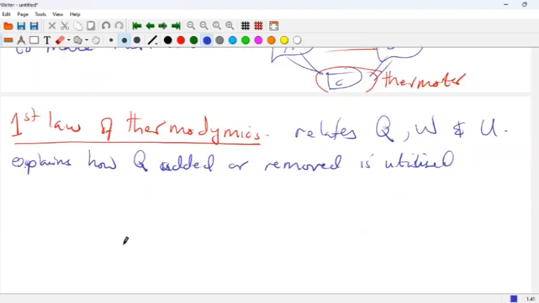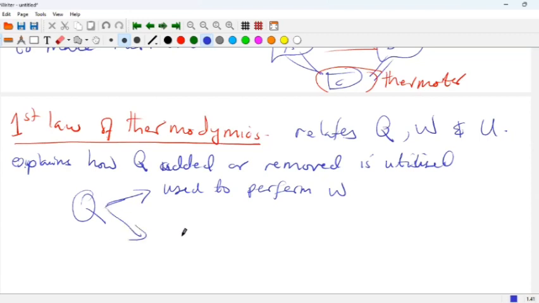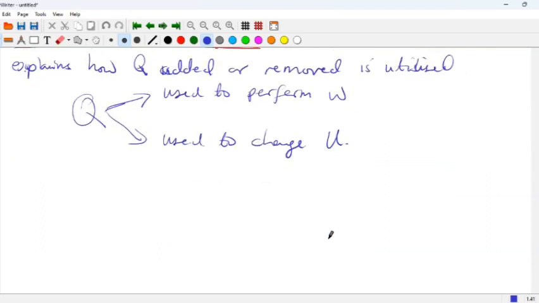It tells us that when heat is added to a system, part of this heat is used to perform work. Part of this heat is used to change the internal energy of the system. So when heat is added or taken out of the system, part of it is used to perform work, and part of it is used to change the internal energy of the system. The first law states that